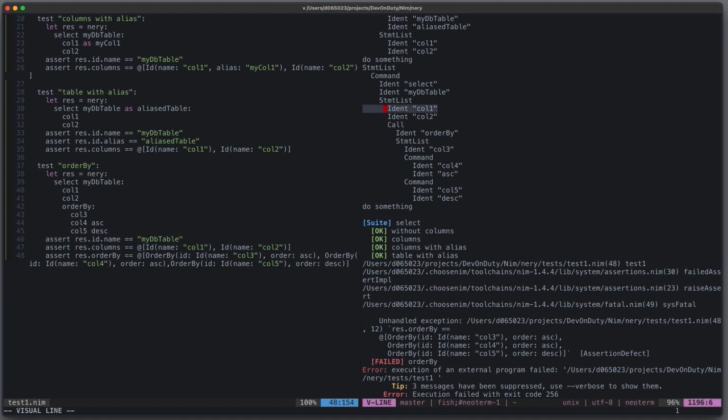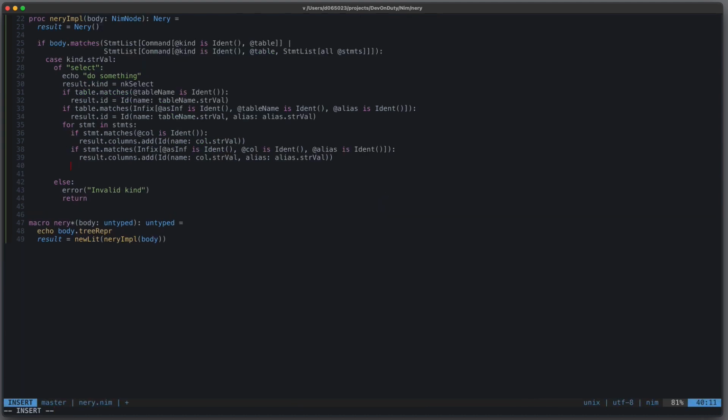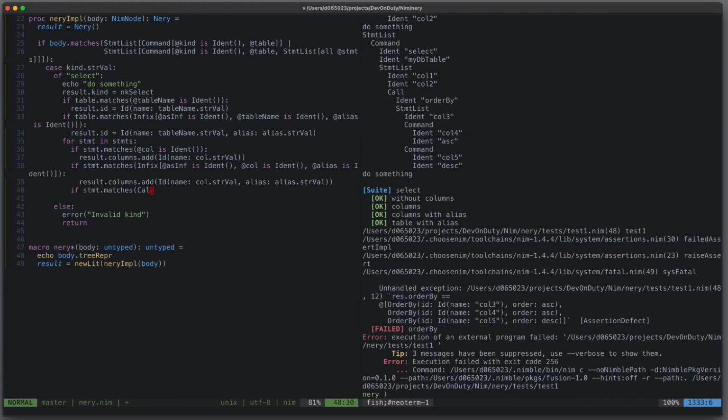So we have our columns again, and now we have here this call of order by with a statement list again, and in our statement list we have again our columns, and it can also be a command here for these explicit orderings, and it is either ascending or descending. We add another if statement matches call. Let's check again how that looks like. So it can be a call with some ID is ident, and also with a sub-statement list, that's this one here. So we write at sub-statement list,